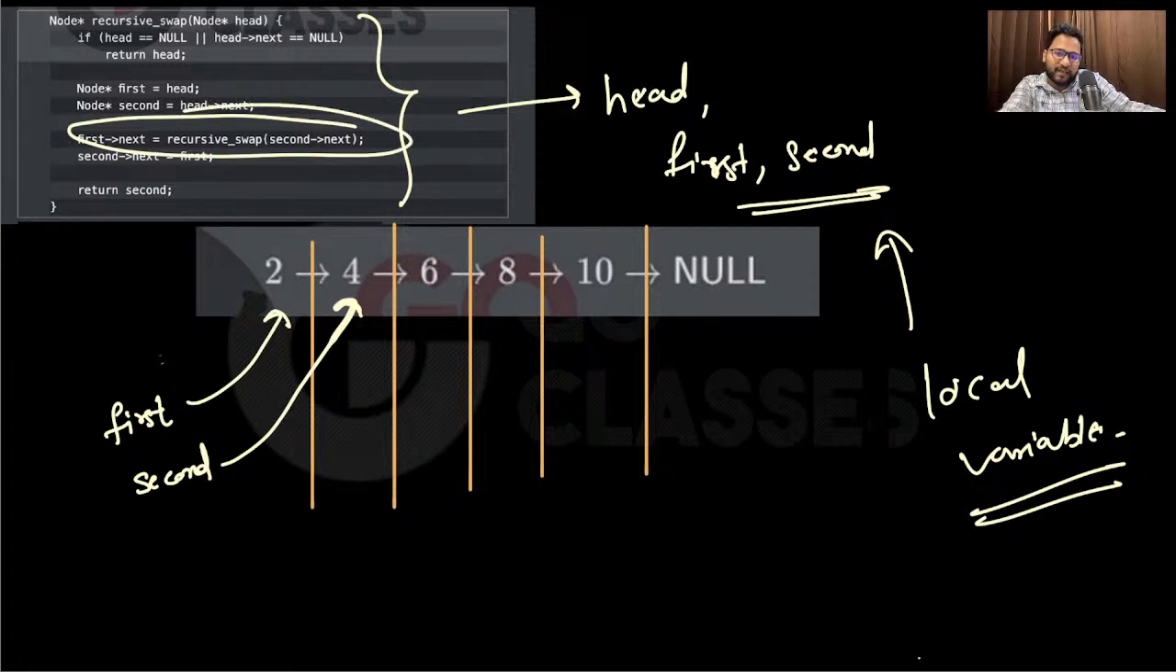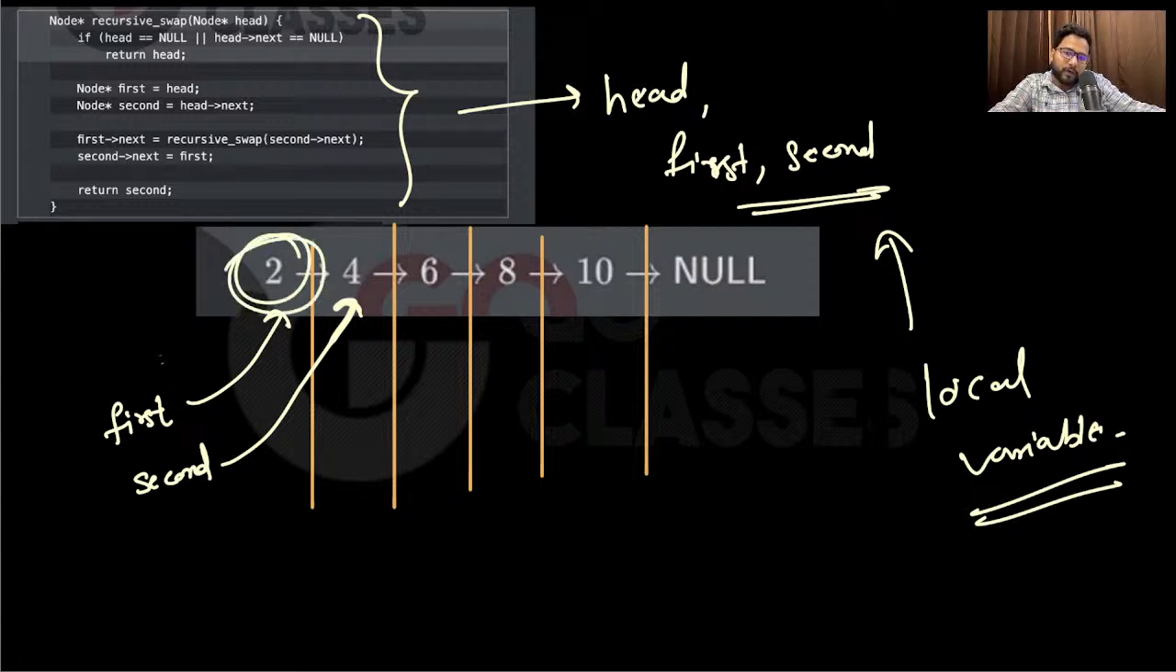We are saying first next. First next means this 2 next, right? See, first is pointing to this, but first next is pointing to 4. So they are saying that first next, which means this 2, will be pointing to